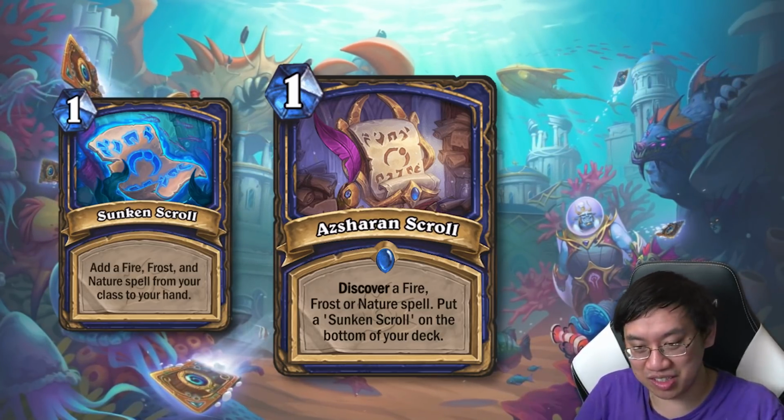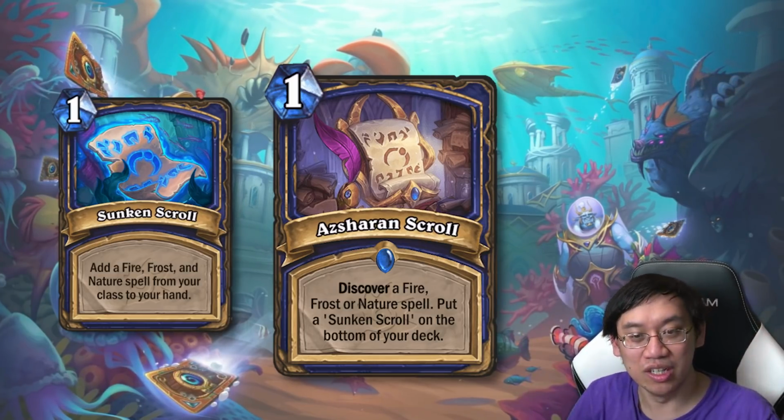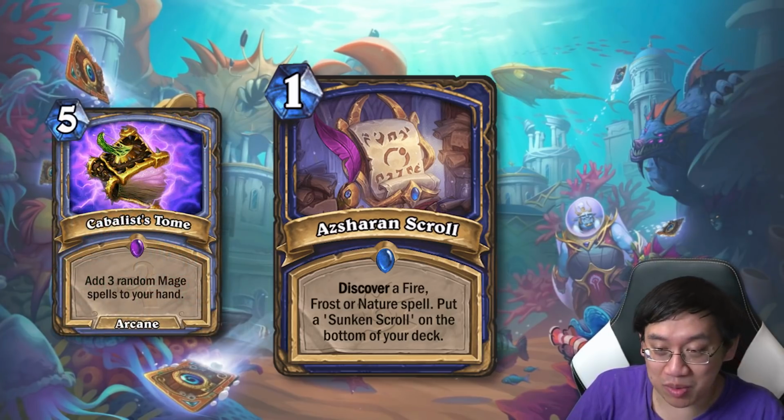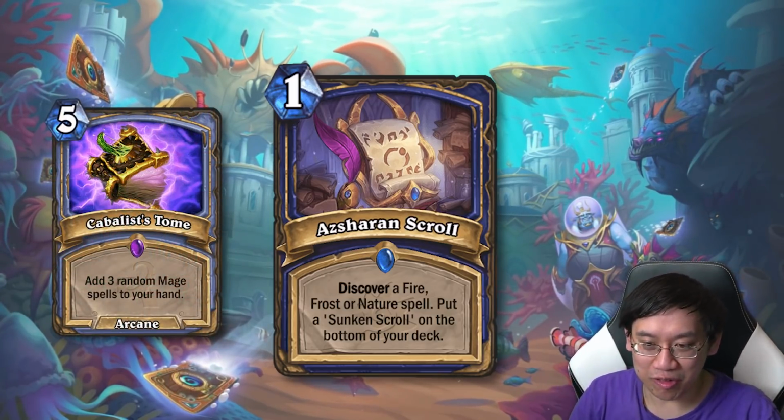I mean, the Sunken Scroll by itself, obviously that's really good. It's 1 mana, generate 3. Back in my day, you needed to pay 5 mana for that. It was a mage card. So Shaman's got all the tools for the